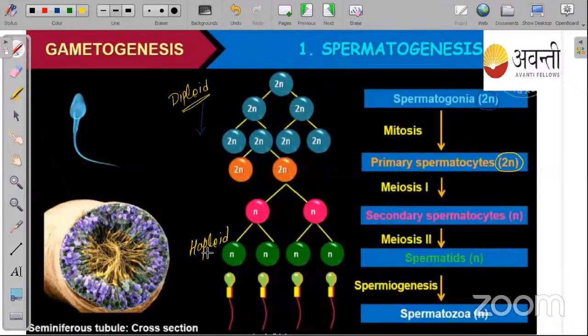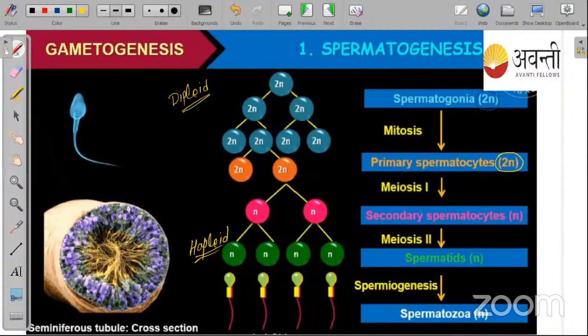So if you know about mitosis and meiosis, then what is meant by diploid and haploid, this thing should also be clear in mind. Just थोड़ा सा एक मैं overview देता हूँ what is meant by diploid and what is meant by haploid. Because if this is not understood properly, then spermatogenesis पढ़ के भी कोई फायदा नहीं होगा. There is no advantage to discuss spermatogenesis, ठीक है? If you do not know about mitosis, meiosis, diploid, haploid.